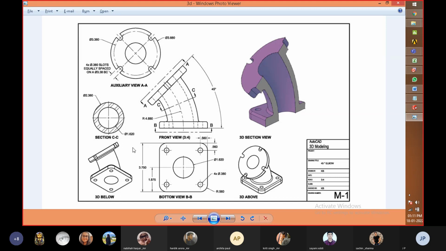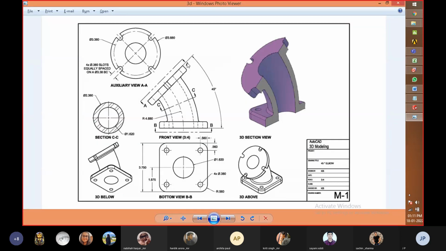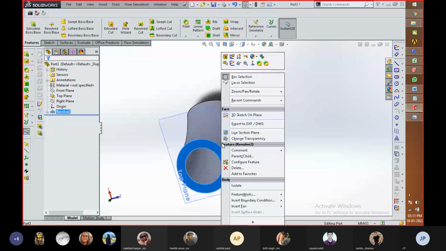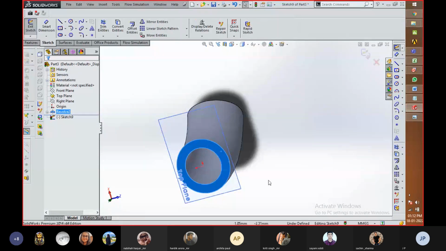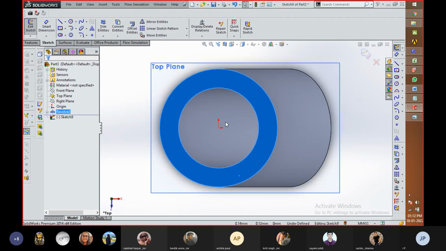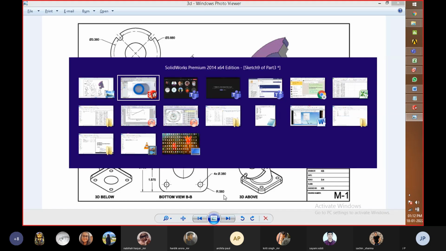Okay, now we are going to sketch on this surface, because we actually created a 45-degree angle curve. Now we need to create this part. So for that purpose, we are first of all going to sketch over here. By creating the first part within a 3D modeling software, and selecting any face or surface of that part, you can go for the sketch module. Okay, over here you can see a rectangle with a fillet of around 0.560 radius, and the diameter was also shown.